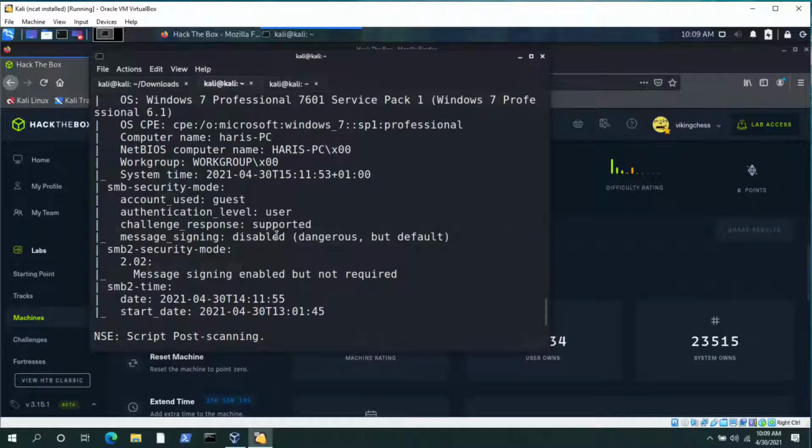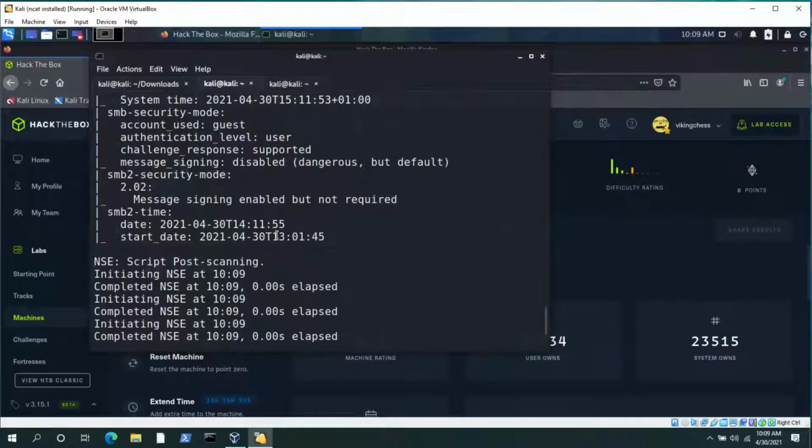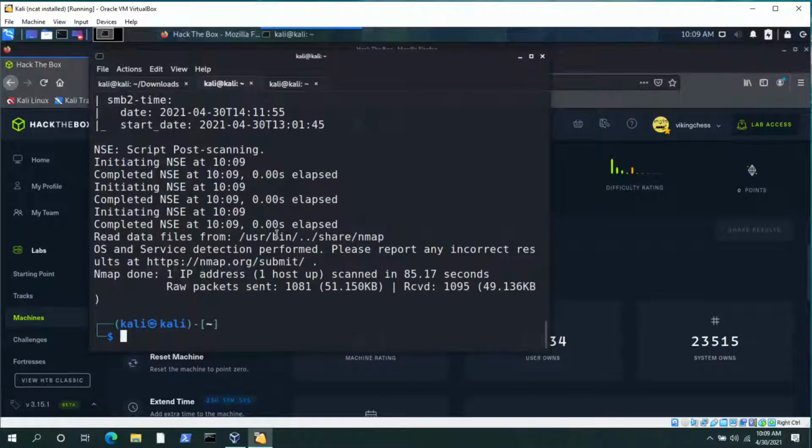Ah, there we go. We captured the operating system. So now we know it's Windows 7 Professional Service Pack 1. And we can see that there are several SMB services running. So the next thing we can do, since we know it's not anonymous, but we still know that SMB is running and it's Windows,